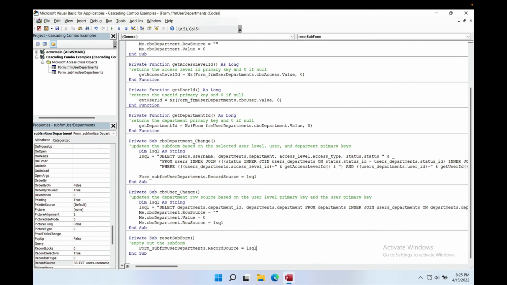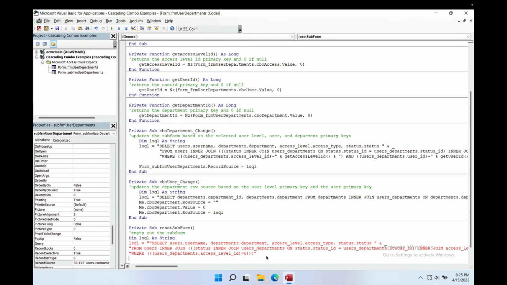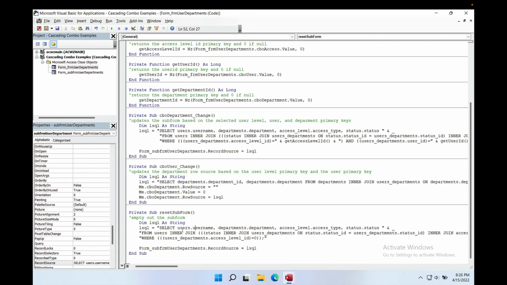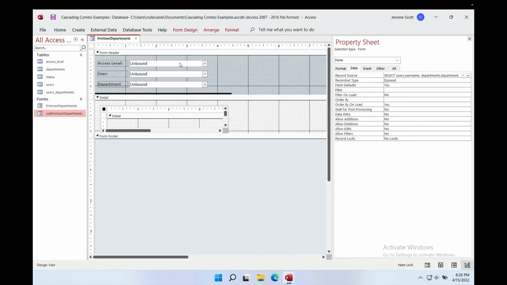I'll put that in the variable. Right, and from there,